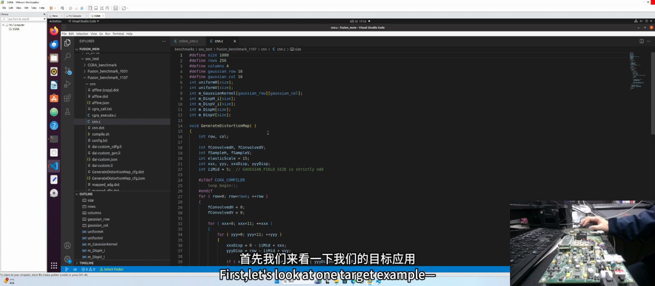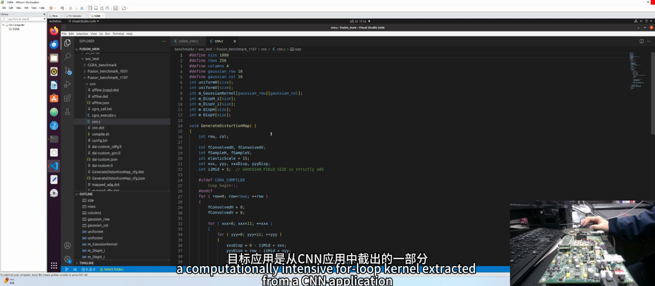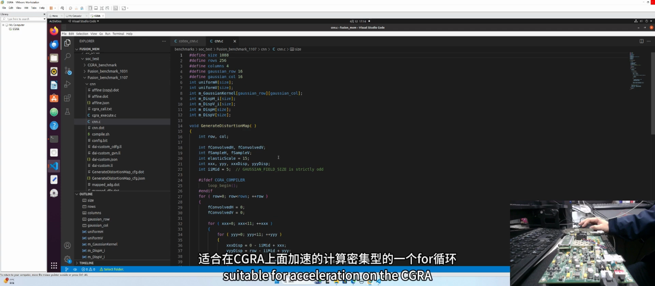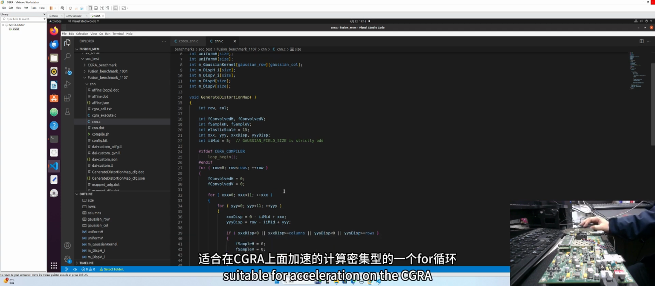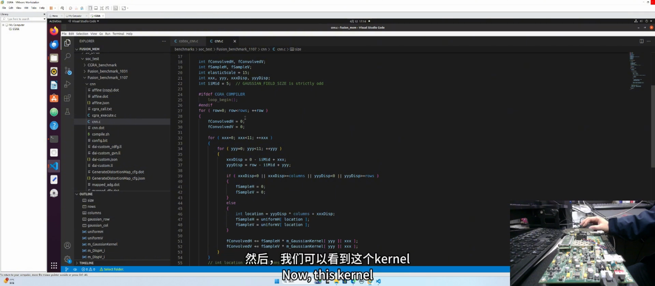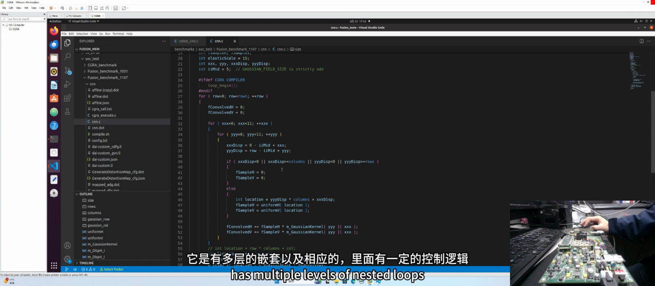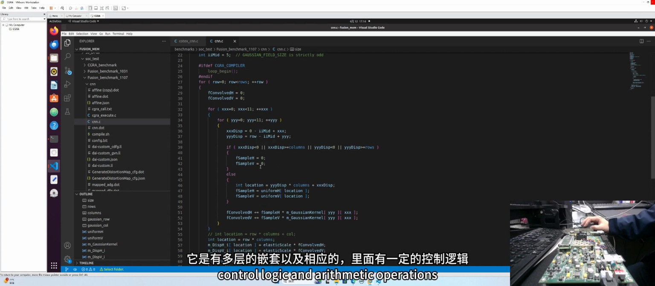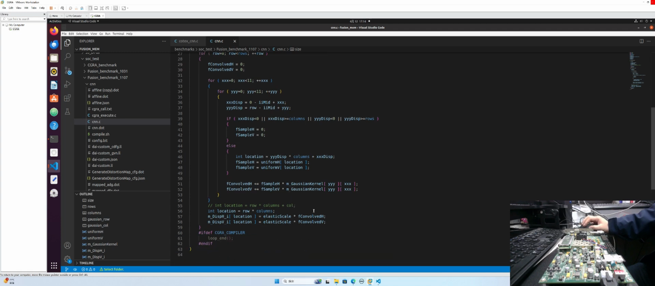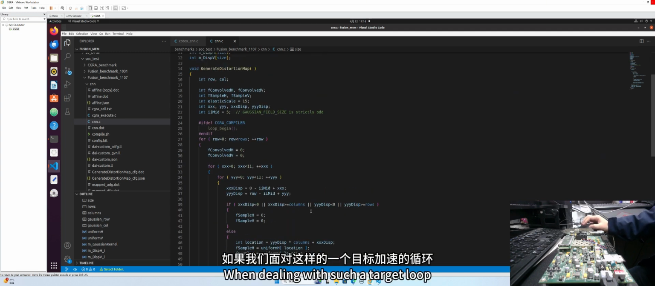First, let's look at one target example, a computationally intensive for loop extracted from a CNN application, suitable for acceleration on the CGI. Now, this kernel has multiple levels of nested loops, control logic, and arithmetic operations. So, when dealing with such a target kernel for acceleration,